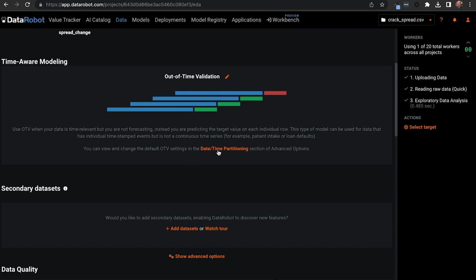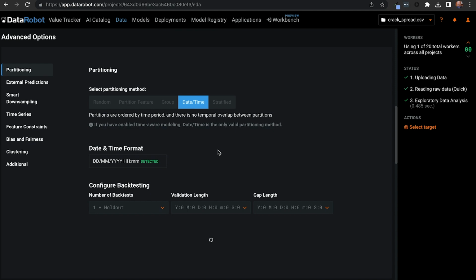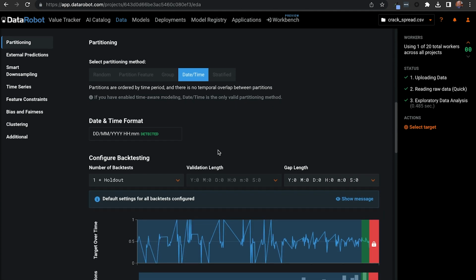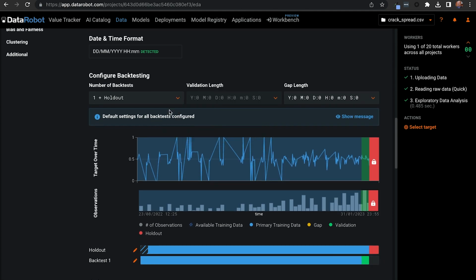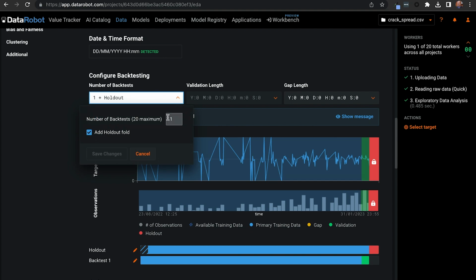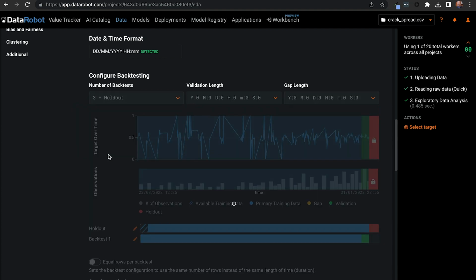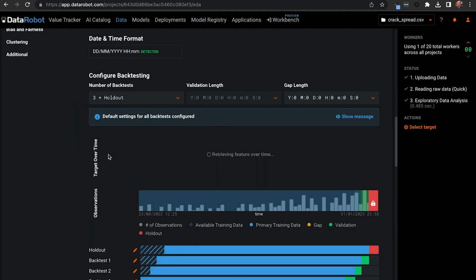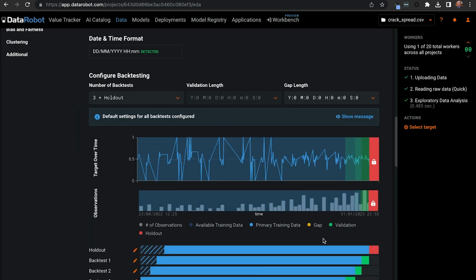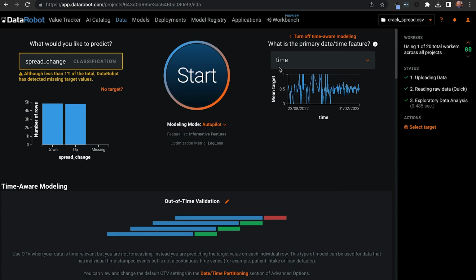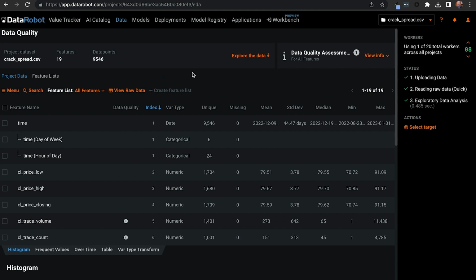I can now set up in more detail the backtesting strategy that I want to do, and I can configure each individual backtest here. Or in this case, I'm just going to say I want 3 backtests, and I'm going to go with DataRobot's default settings. So if I hit Save Changes, DataRobot will show me partitioning of my data. And at this point, I can now go ahead and click the Start button and start the process of training